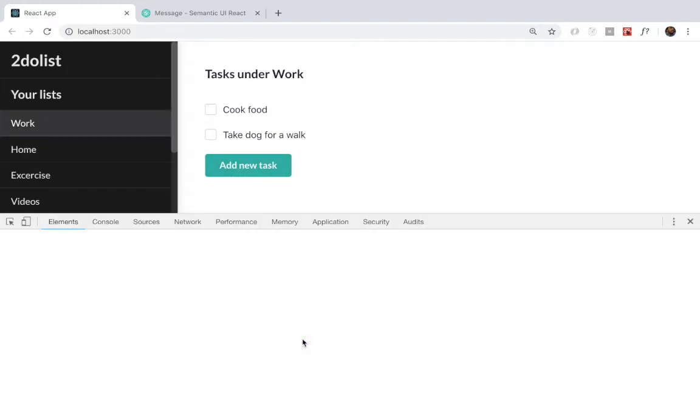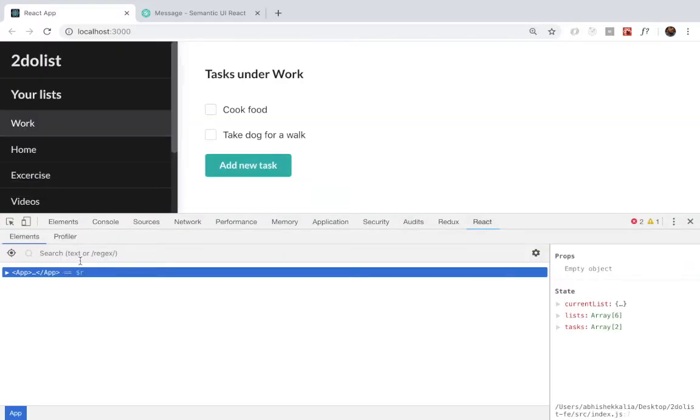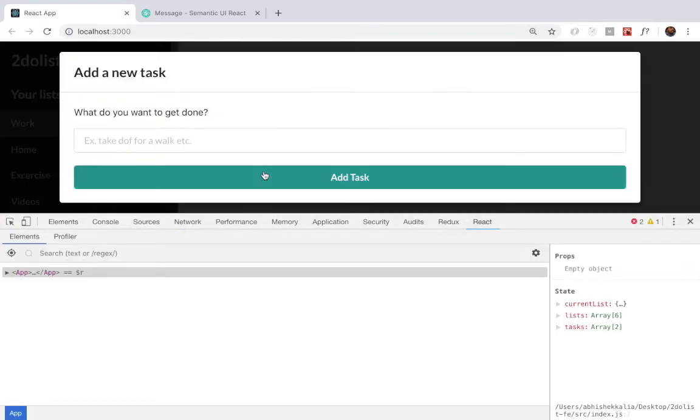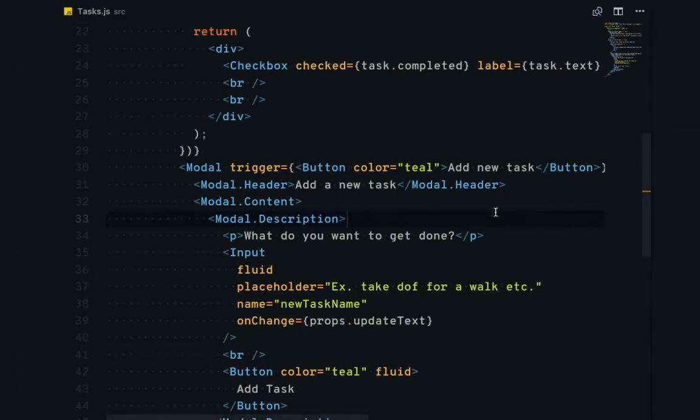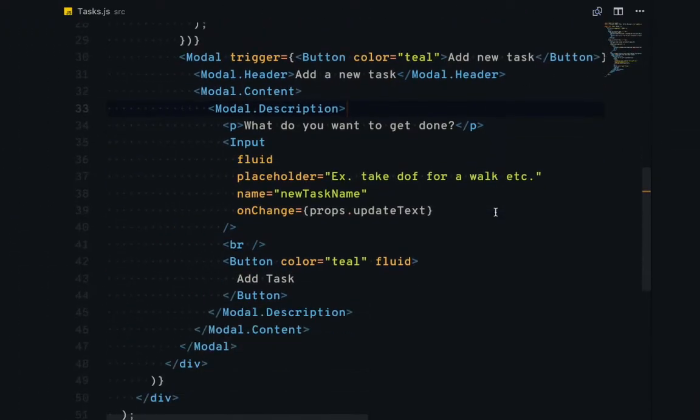To check whether this is working, we will reload the application, open up the React panel, and in the app component, we will just add a new task and type anything. So we can see that the new task name is being received from the component, so we can work with that. Now that that's happening correctly, the next thing we want to do is to add an on click handler